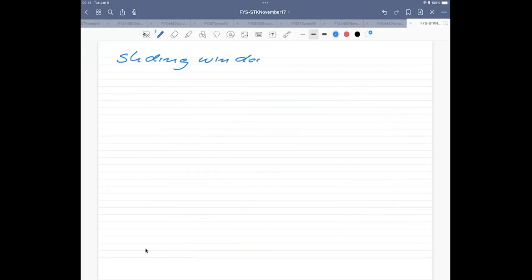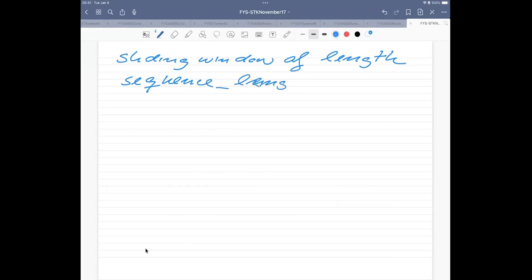So this is another name for it, of length. And you saw that variable which I called it for sequence length. So I'm defining it; you don't need to call it sequence length if you don't want to write these long words. You could just write sec length or something like that, but you need to specify that. So the whole idea now is that when you have this, suppose you have a time series.